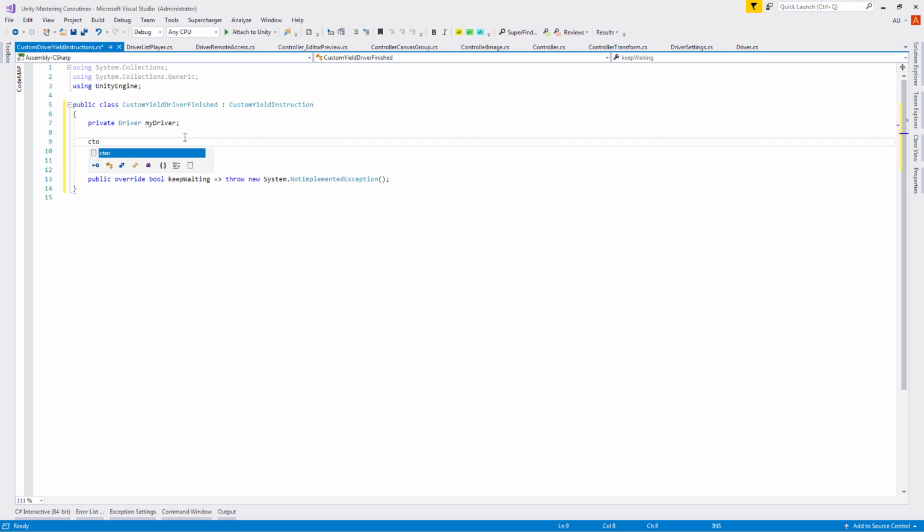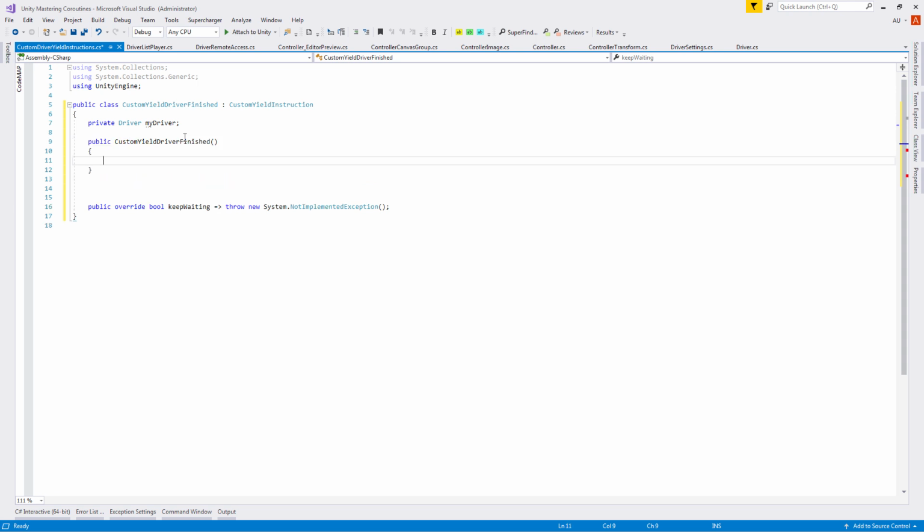Next we can write ctor as a shortcut for constructor and double press tab key, and the class constructor will be created. We just need to add driver parameter with the name underscore myDriver, and inside let's connect myDriver equals underscore myDriver. Now let's fix the keep waiting property. So let's delete